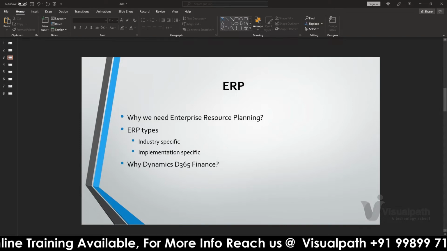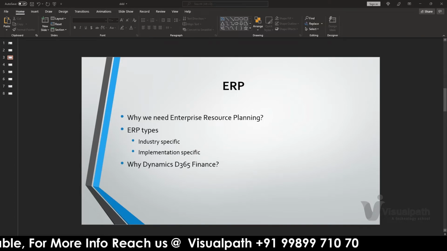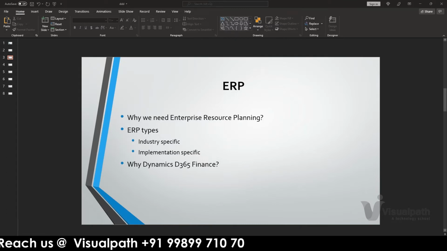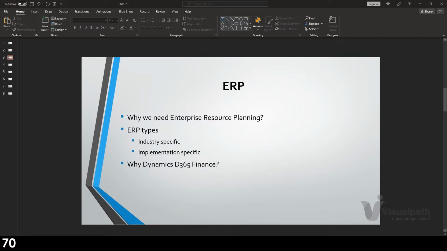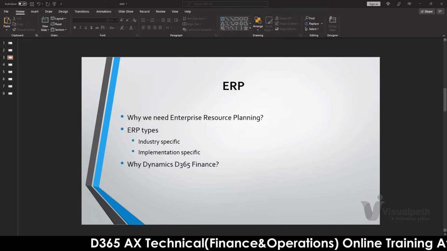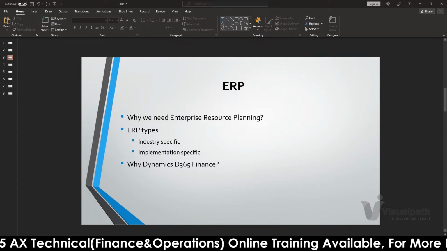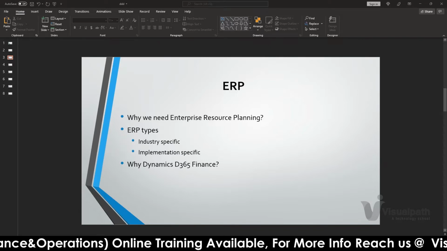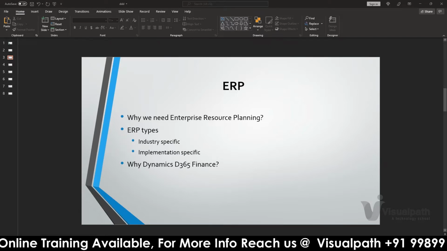So obviously, the best match for the customer or that business would be Dynamics 365. There's been a lot of boom and a lot of things happening at Microsoft to develop this Dynamics 365 FO, and most of the industries are even thinking of SAP.